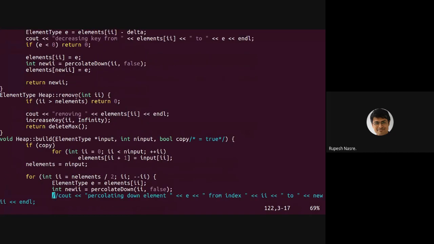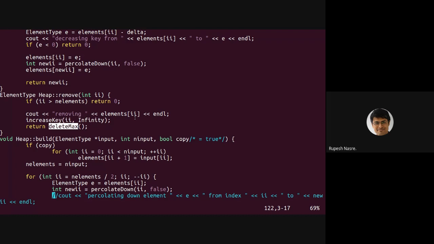So removal of an element at a particular index essentially means that I increase the key to the maximum possible. You just want it to be whatever is the max element plus 1, but in our case you can actually set it to infinity, and that's the reason why we have a large value as well as a small value in our heap.h, so that infinity you can use for max heap, and minus infinity you can use for the min heap. So we increase the key at that place to infinity and just do a delete max, and that will make sure that the element gets removed.